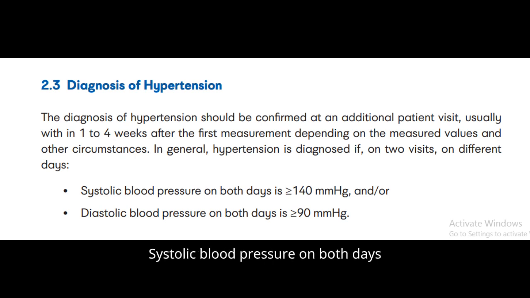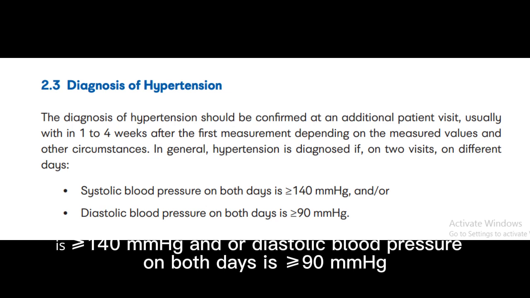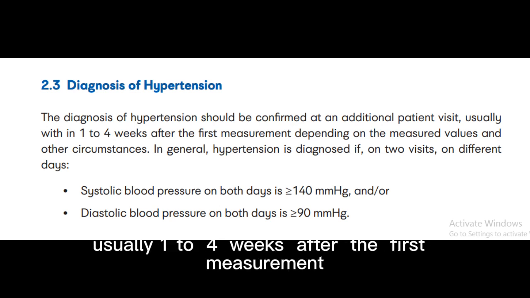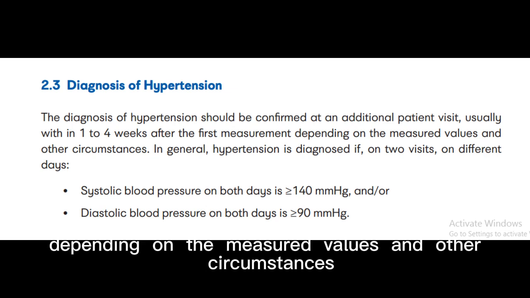Systolic blood pressure on both days is greater than or equal to 140 mmHg and or diastolic blood pressure on both days is greater than or equal to 90 mmHg. The diagnosis of hypertension should be confirmed at an additional patient visit, usually 1 to 4 weeks after the first measurement, depending on the measured